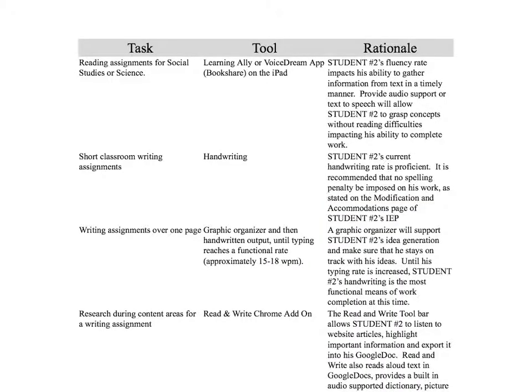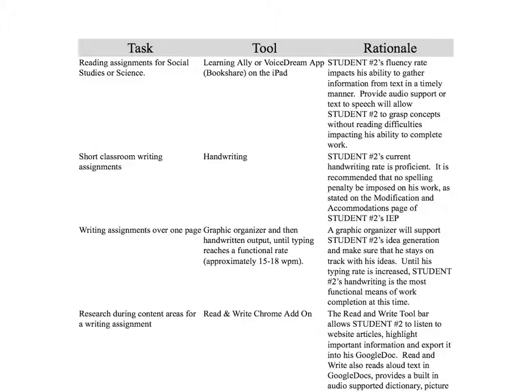Here's the second student's recommendations that I included. This was a much more specific case where instead of having a link to the IEP goals and objectives, I have links to specific tasks within the classroom, linking it to a specific tool, and then also providing a rationale in order to support the recommendation for that tool or lack thereof. So this is something that I'm really eager to see some of your feedback on